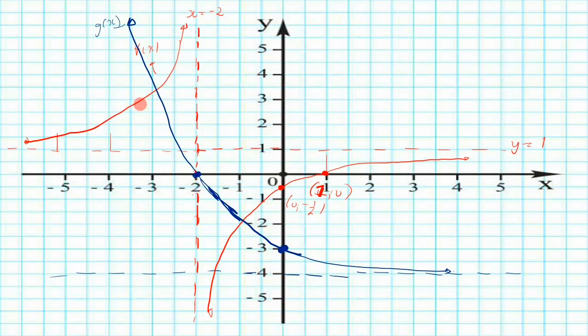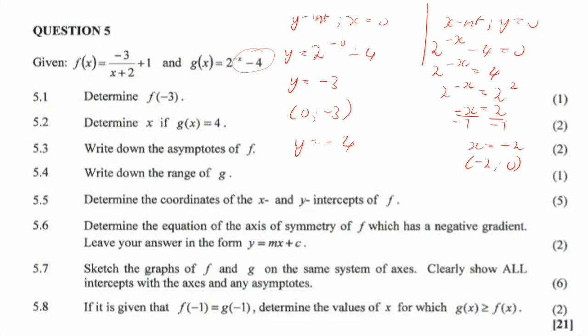And then, yeah, awesome. So we can just indicate here, this is (0; -3). And then here we have (-2; 0). Then you have your asymptote here at y is equal to negative 4. Looking nice. Then, okay, 5.8, it says if it is given that f of x when